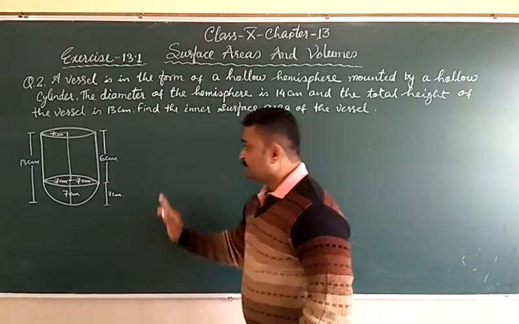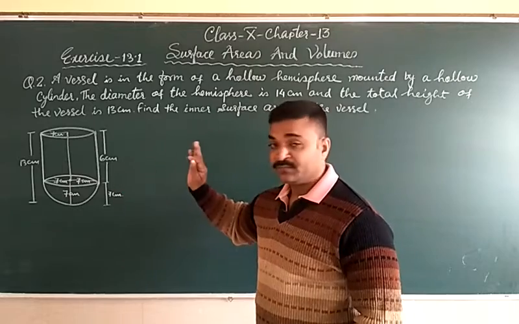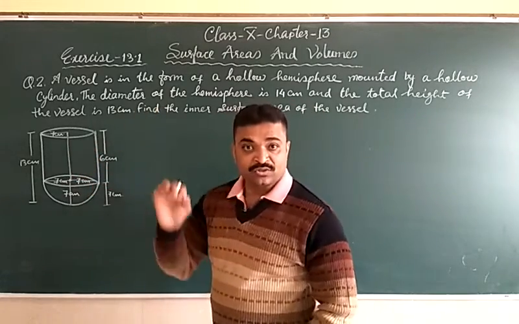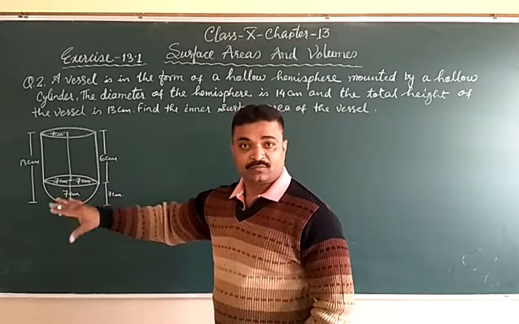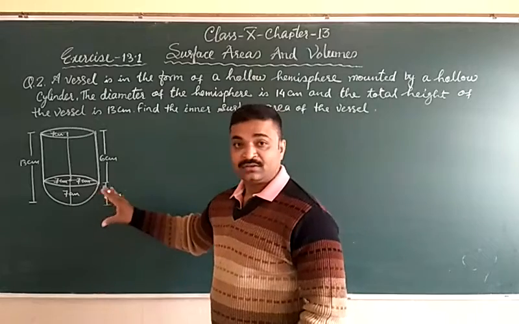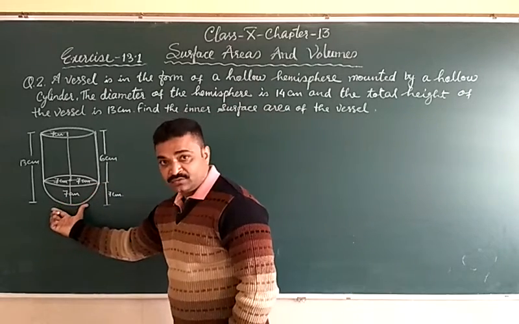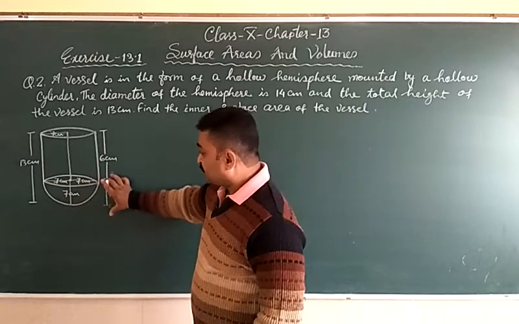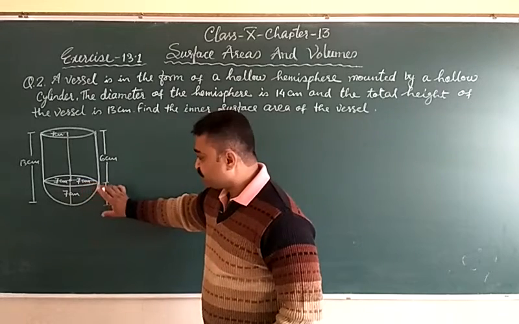समझ आ रहा है? First of all, we have to draw the figure. On the basis of this figure, we will solve the question. So पहले question समझ में आना चाहिए. क्वेश्चन समझने के बाद आपको फिगर ड्रॉ करना है. क्लियर? अगर ये फिगर उल्टा पुल्टा बन गया तो आपके कुछ मार्क्स कट सकते हैं. क्लियर. So it is a hemisphere, whole hemisphere, and इसके ऊपर एक सिलेंडर रखा गया है. The radius of the hemisphere is 7 centimeter.